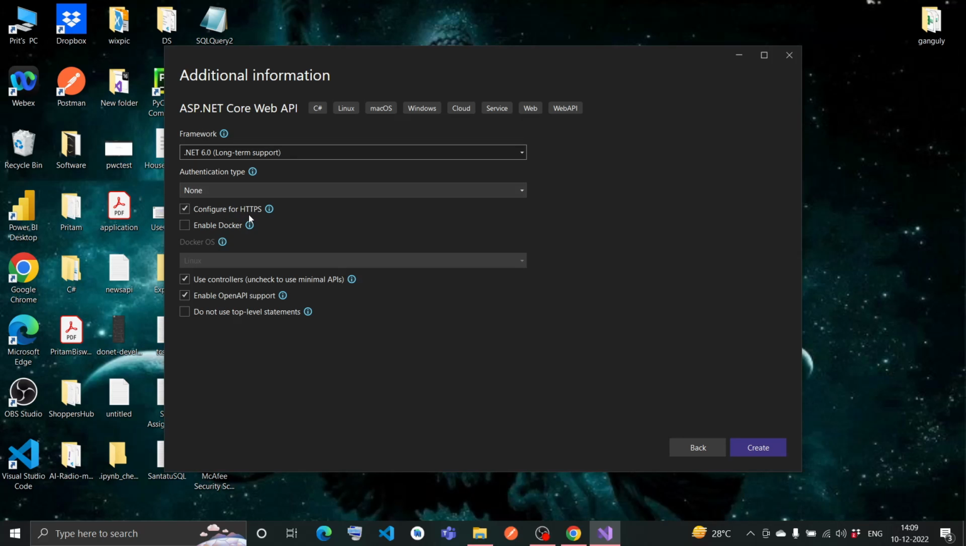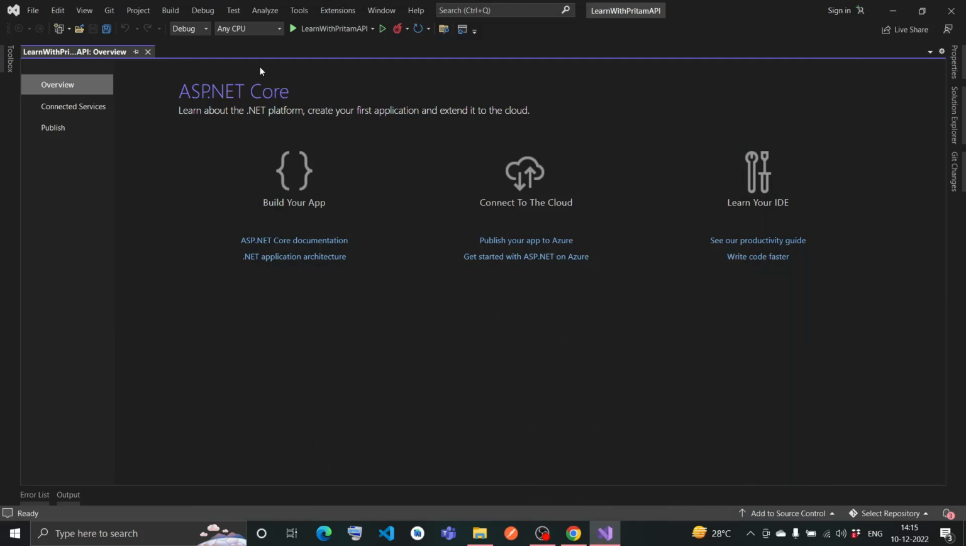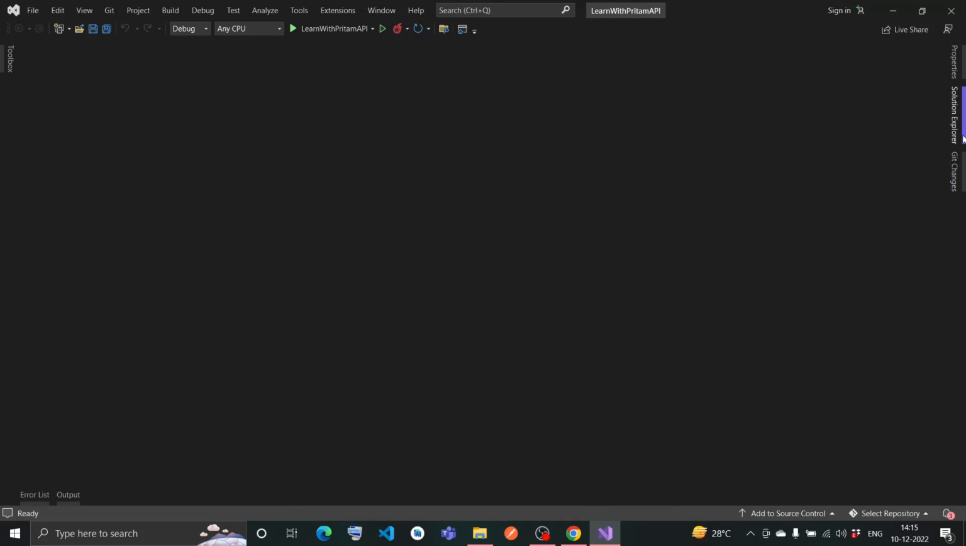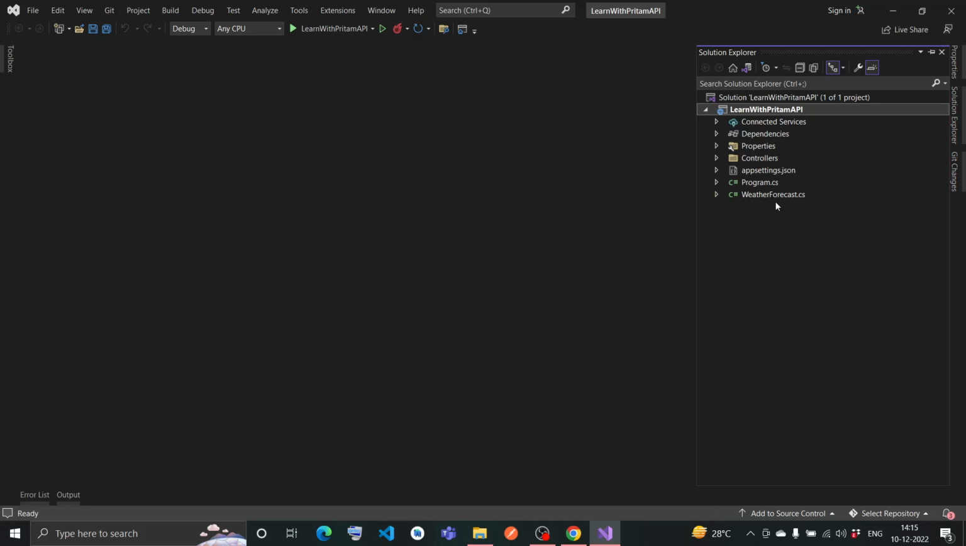It should be an HTTP configuration, and then enable OpenAPI support so that the Swagger UI can open. So yeah, this is also needed. Use controllers, yeah, that is also needed, and do not use top-level statements. So create. My solution is ready and